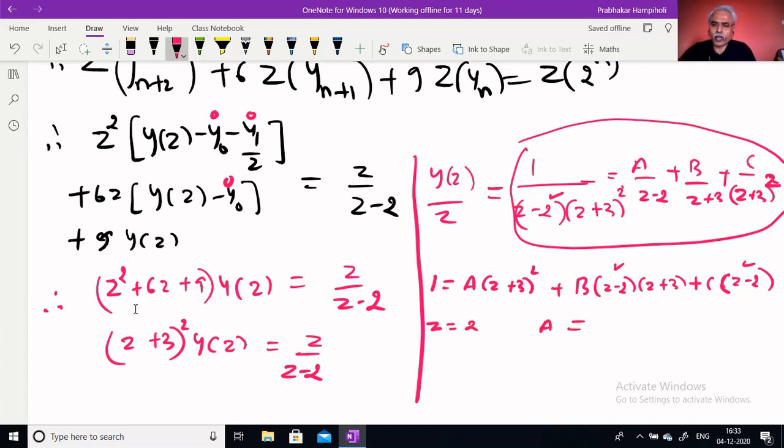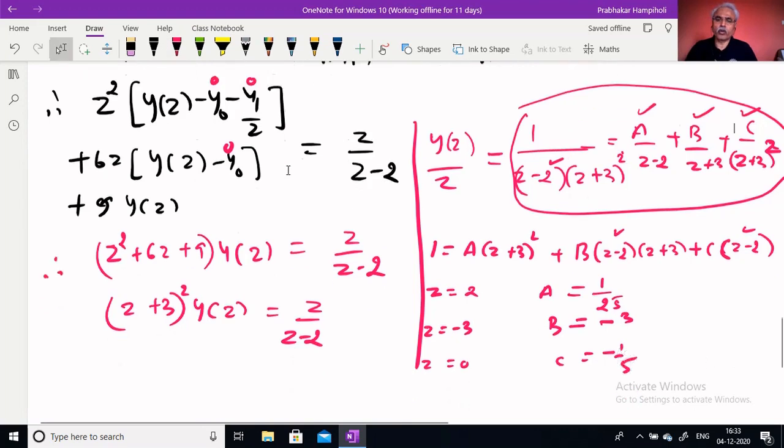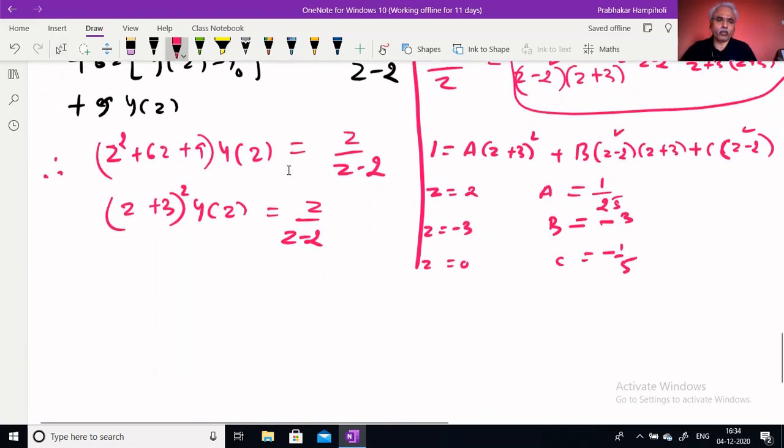If I put z equal to minus 3, I am going to get b. And after putting z equal to 0, I am going to get c. So a value you will get 1 by 25 directly, because z equal to 2 makes this term 0, and 2 plus 3 is 5, 5 square is 25, so a is 1 by 25. In a very similar fashion, b value you are going to get minus 3 and c value minus 1 by 5. So substituting these a, b, c values as 1 by 25 and so on,